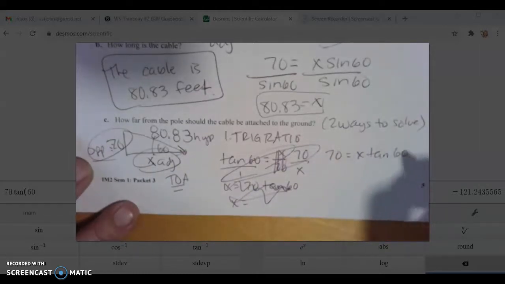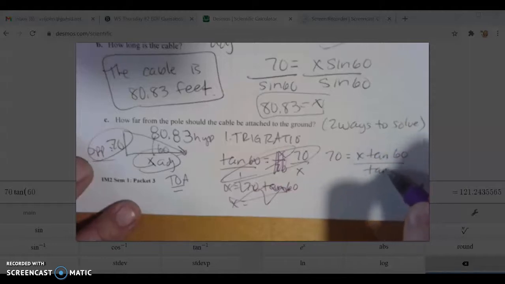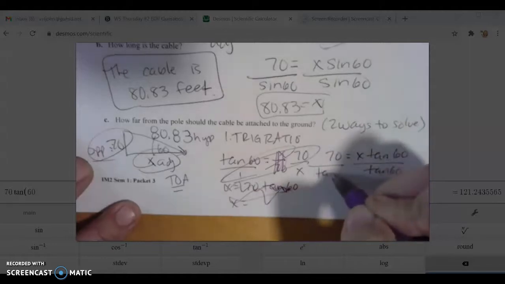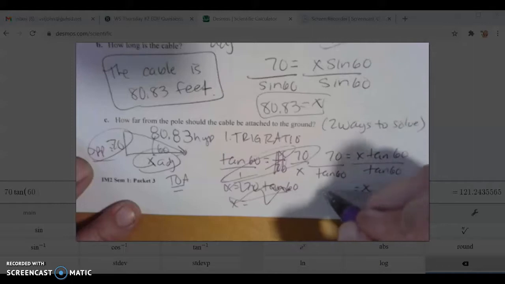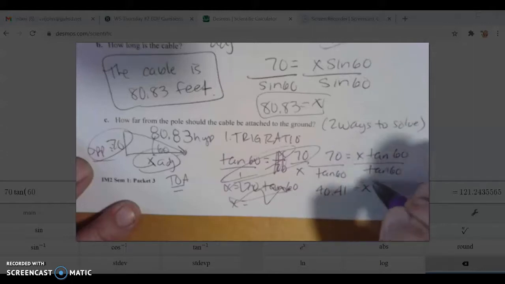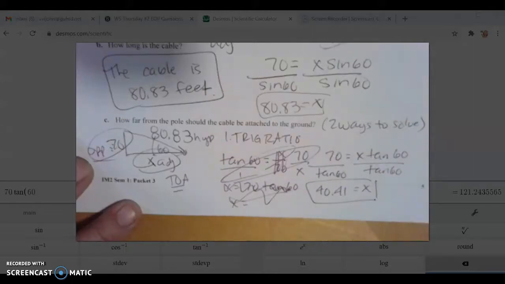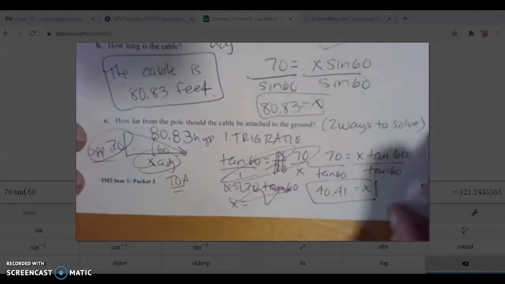Sorry about that, but now we're going to do this correctly. We're going to divide both sides by tangent of 60, and then type that into the calculator, and 70 divided by tangent of 60 is 40.41. All right, and the second way to solve that,